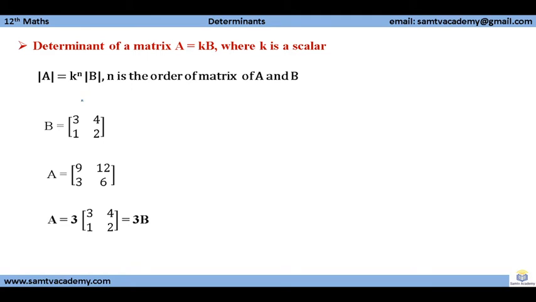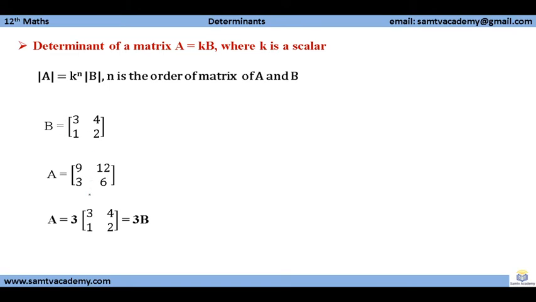If you are multiplying a scalar with a single row, but if you take it outside, it means it is getting multiplied with both the rows. So if it is 2 by 2 and both rows are getting multiplied, then it will give a square value, because it becomes common from row 1 and row 2 also, and finally, if the scalar is 3, it will become 3 square.